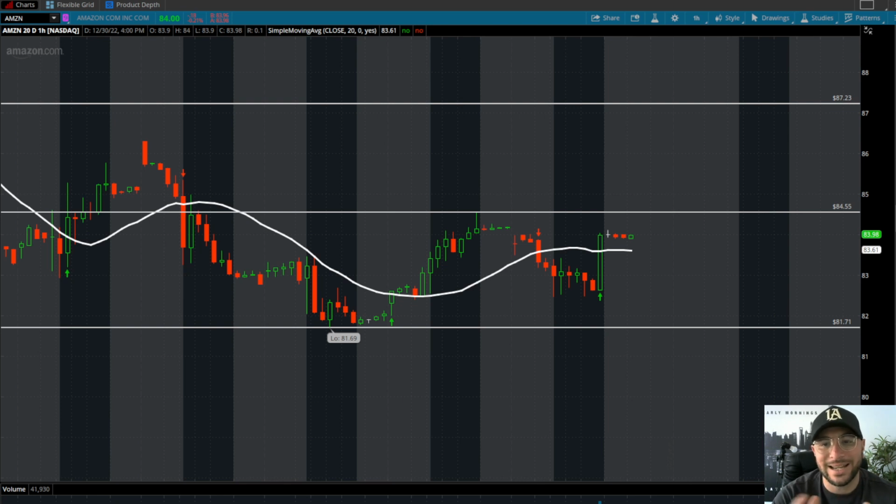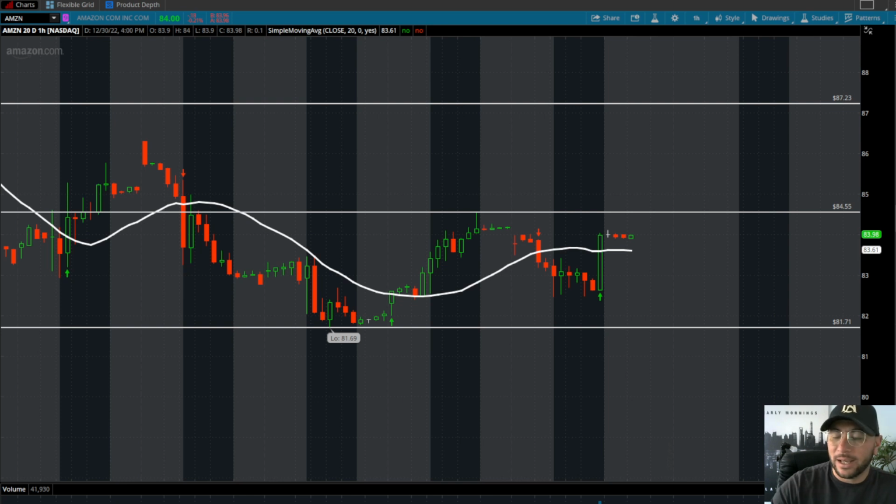So this trade idea setup that I have here on Amazon, we could be looking at a little bit of a dead cat bounce again. My bias is going to be a little bit more to the long side, just due to the fact that the close we had on Friday reclaimed the 20-day moving average on a 1 hour time frame. It was a strong green engulfing candle back over the 20-day moving average. What I am looking for now is to take out Thursday's highs, which is already set up here